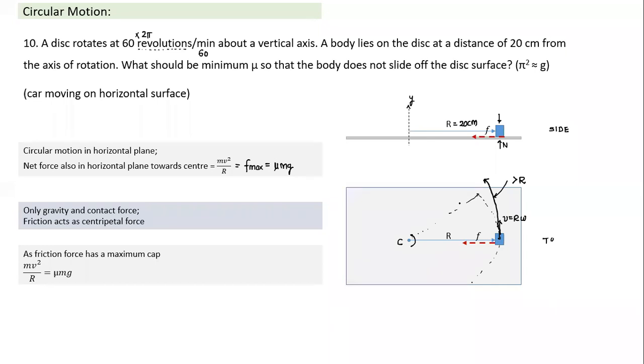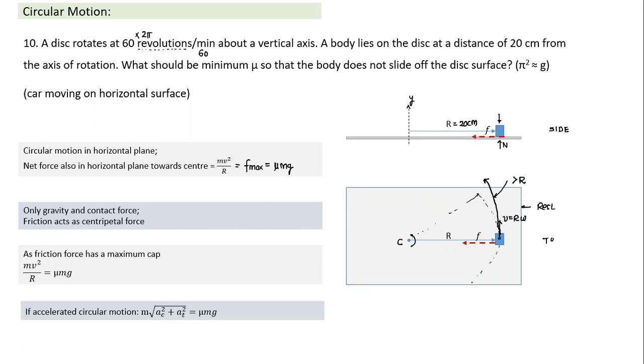See, in this case, what happened? The surface was in rotation, and the object was placed on it, not slipping. In the second case, we can take the surface at rest, and this block is set into circular motion like a car. It doesn't matter, the car is still moving. If the car or object moves in a circular path, it needs a centripetal force. In that case also, the surface needs to provide the friction force, which acts as the centripetal force. So whether or not the surface moves, if this block moves in a circular path, it must have a centripetal force, and on a horizontal surface, the centripetal force comes only from the friction force.